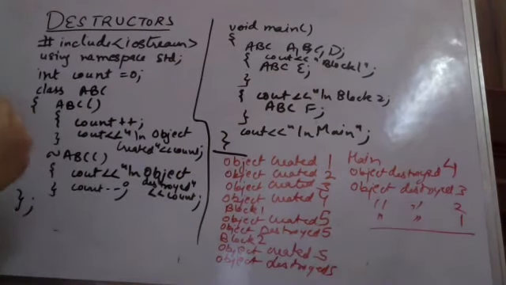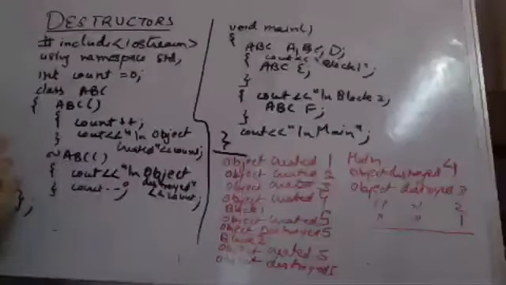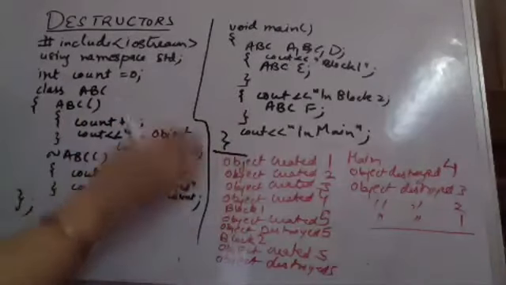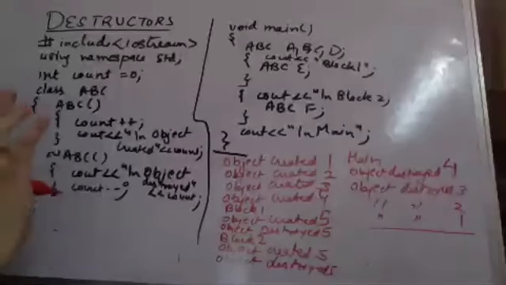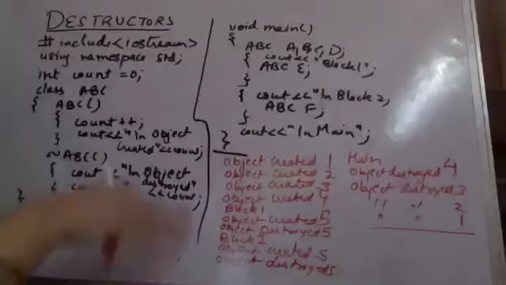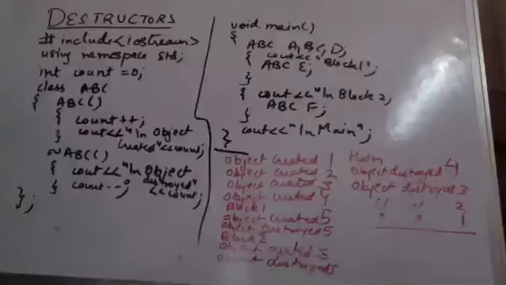So, destructors are called in the reverse order as the constructors are called. Within the scope, so they will be called outside. अगर same scope है सारे आपके variables का, तो जिस order में variables create हुए थे, उसके reverse order में variables are destroyed. That is the use of destructors. Is it clear to all of you now?